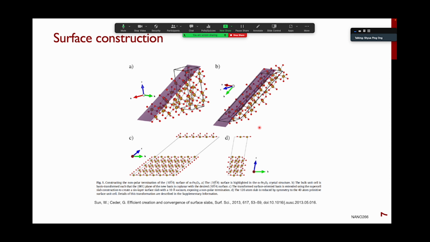In your lab number 4, which you will do two weeks down the road, you will also be constructing surface planes, but in that case, we are just going to be creating surface planes for a simple FCC metal, and for that, there is a very specific set of instructions that we are going to go through on how you can create simple 100, 110, and 111 surfaces for that simple cubic crystal structure. Okay,